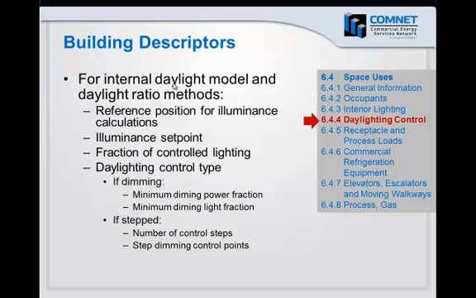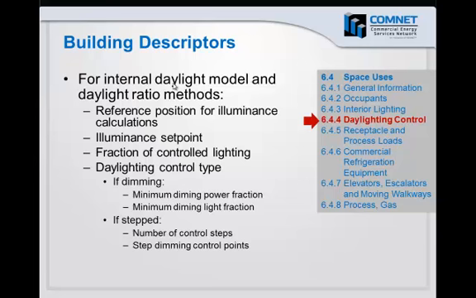There's an input called fraction of controlled lighting. This would be the fraction of the lighting watts in the space that are controlled by the daylighting sensor. And then there's information about the daylighting control type. If it's a dimming control, then we need to know the minimum dimming power fraction and the minimum dimming light fraction. If it's a stepped control, we need to know the number of control steps and the